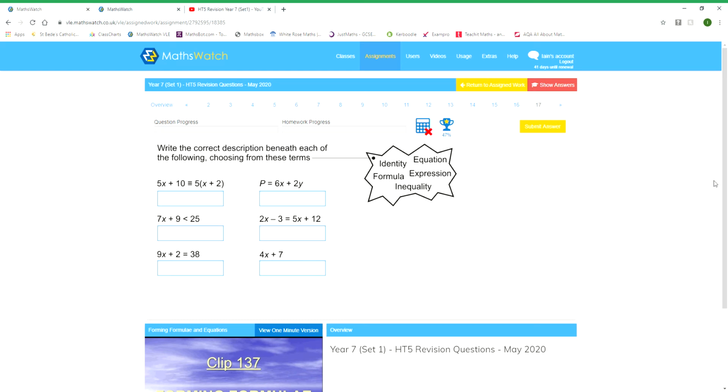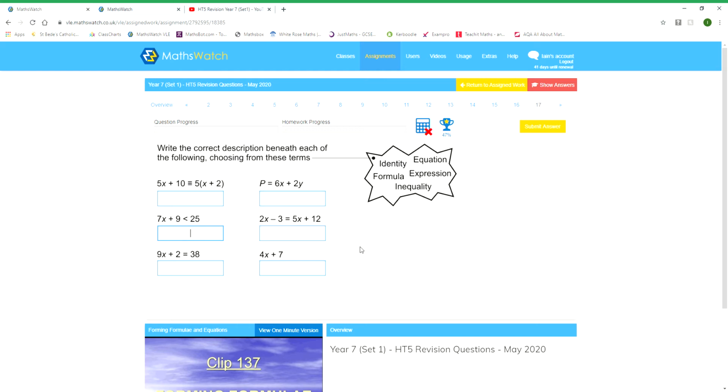Okay, question 17, it's asking you to write the correct description beneath each of the following, choosing from these terms. And the terms you've got there are identity, formula, inequality, expression, and equation. So if we start with maybe some of the more obvious ones that maybe we will know,